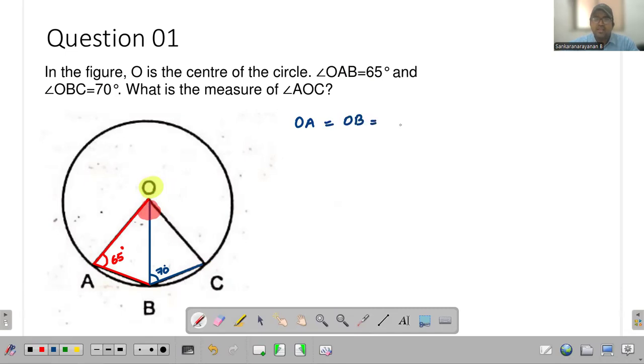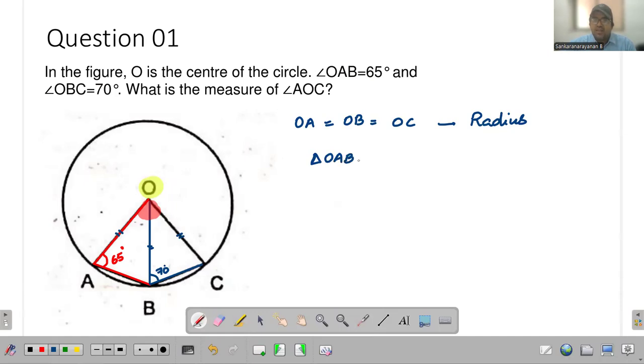It should also be equal to OC because they all correspond to the radius of the same circle. So, I shall just indicate it: OA, OB, OC, they all are equal in length. So, I can thus consider triangle OAB. I want you to focus on triangle